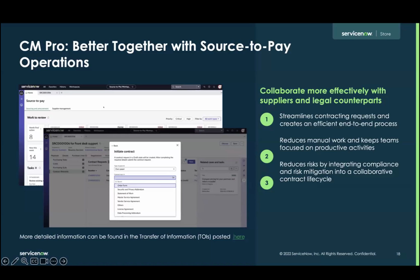Both of these use cases in the past would require procurement specialists to manage this manually through email, which creates a cumbersome process that opens up an organization to risk. Risk to an organization from the contract itself, but also risk to downstream processes for not having a contract in place in time. CM Pro integrated with source-to-pay operations resolves this problem by allowing the creation of standard language contracts